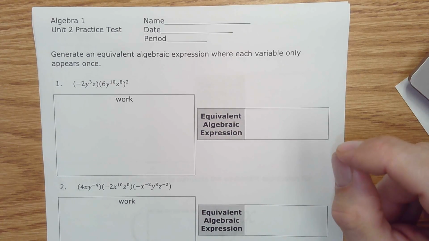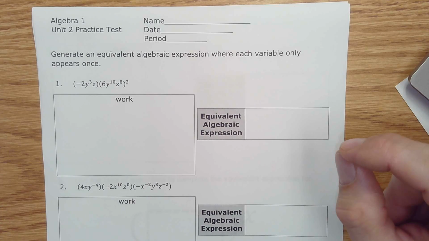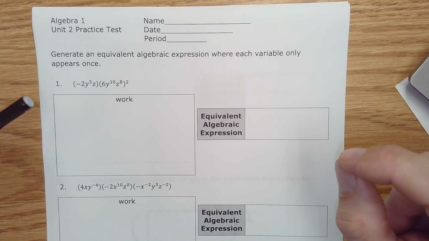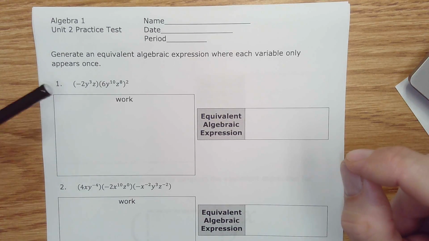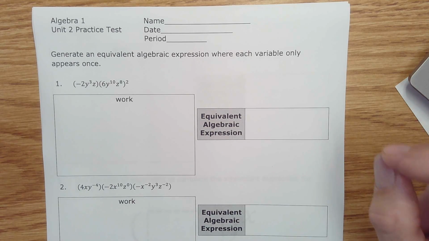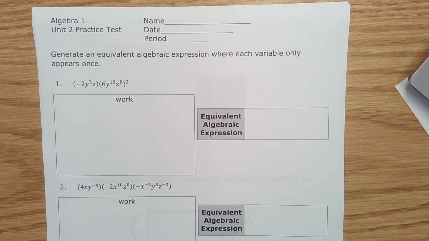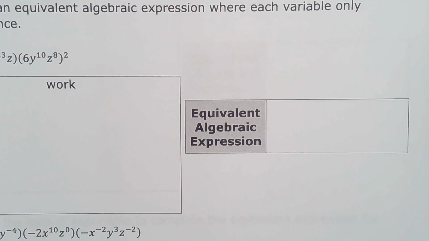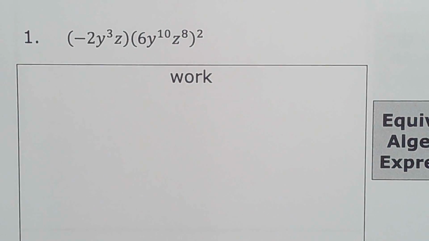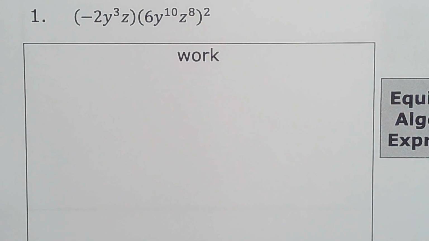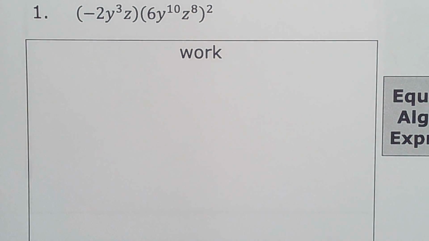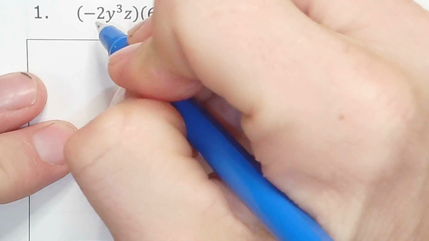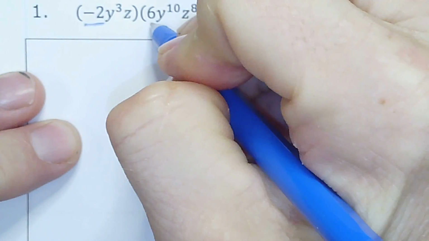This first group is just we're going to generate an equivalent algebraic expression where only one of the variables, that's x, y, or z, there's only y and z here, appears once. Okay, so let's go ahead and zoom in and look at each one of these one at a time. Okay, so we have two quantities multiplied by each other. This is still just one term, and let's go ahead and identify our constants with blue,